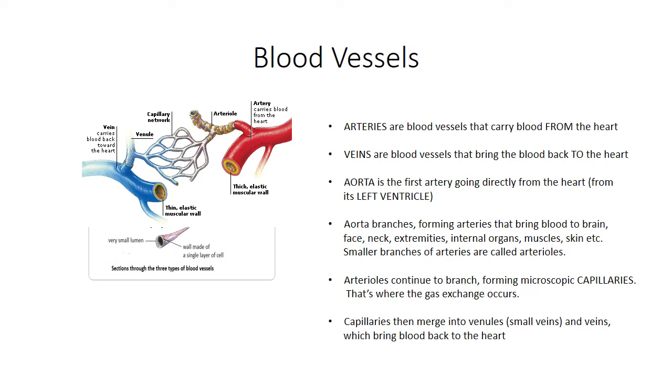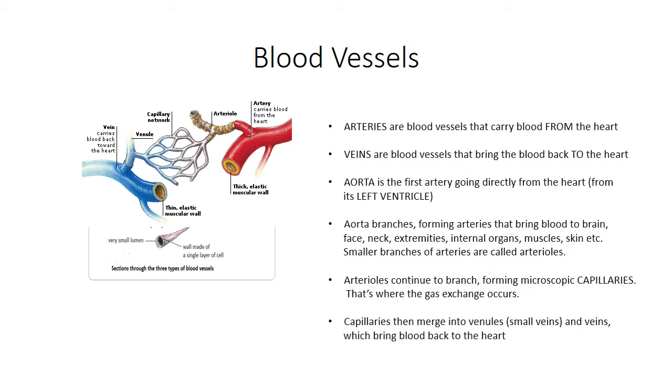No. It carries oxygen poor blood, which normally we are used to the idea that it flows through veins. Then look at pulmonary veins that bring blood back to the left atrium and then allowing it to flow to the left ventricle. It is oxygen rich, right? But the blood vessels that carry it are veins because, again, they fit our definition. They are blood vessels that bring the blood back to the